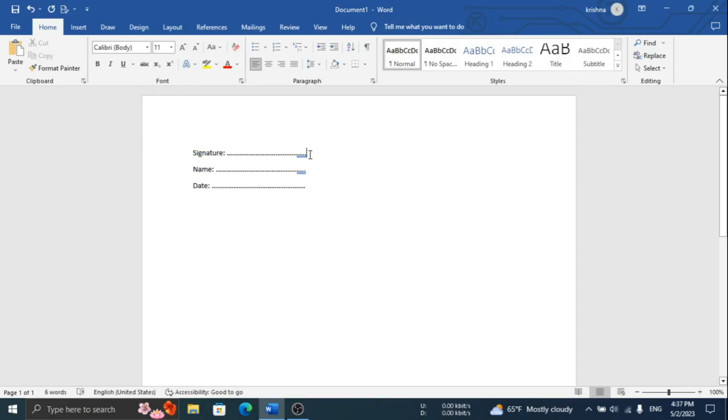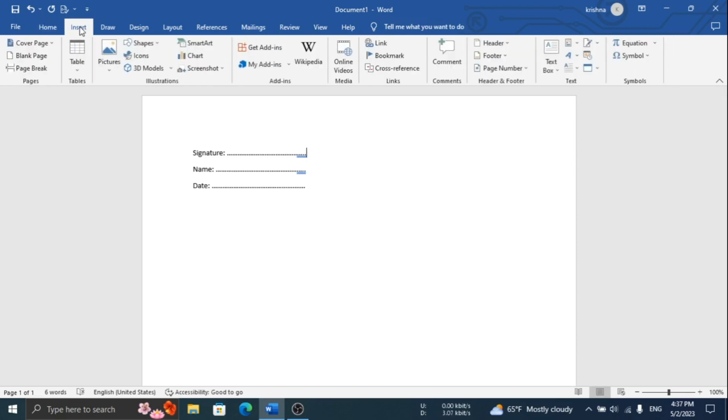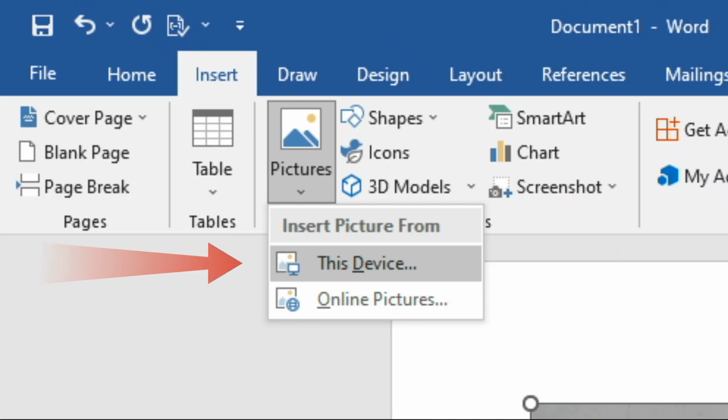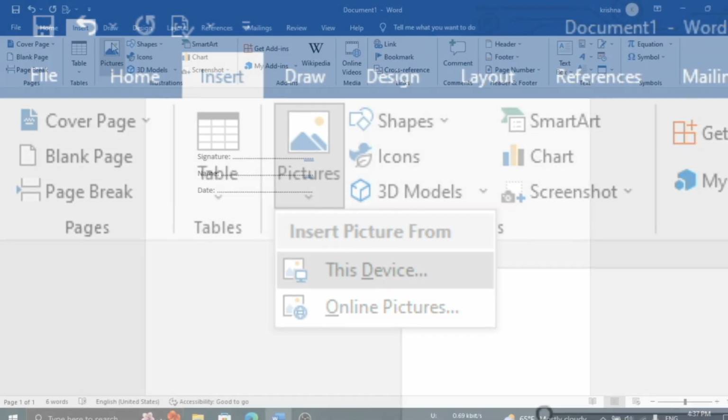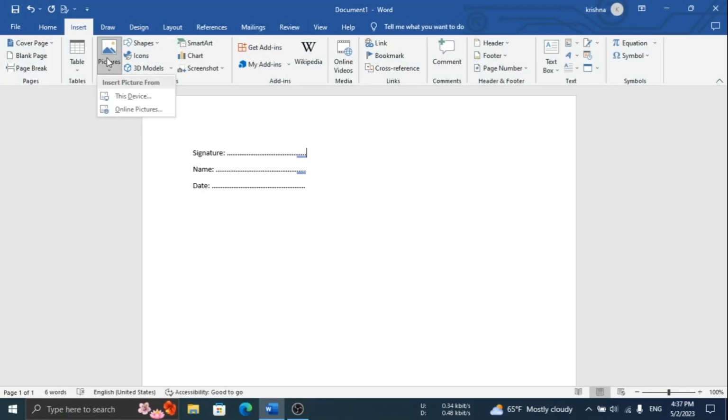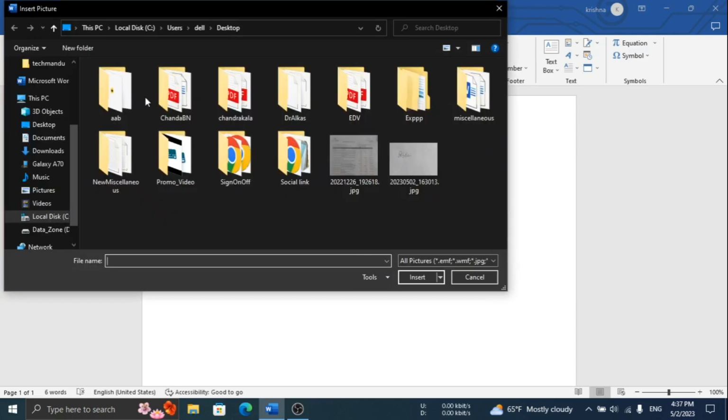In this video, I'm going to show you how we can add signatures on a Word document. First, go to Insert, click on Pictures, go to This Device, select your signature,